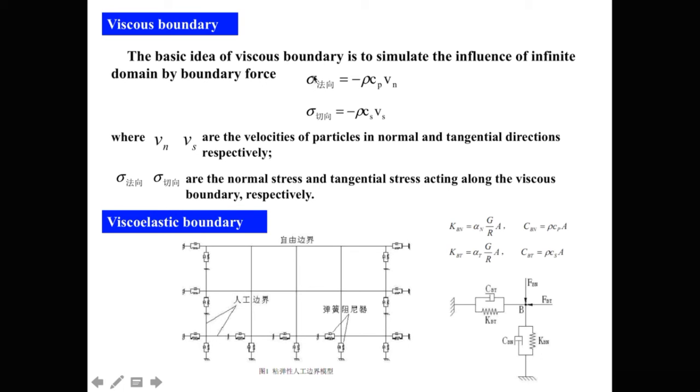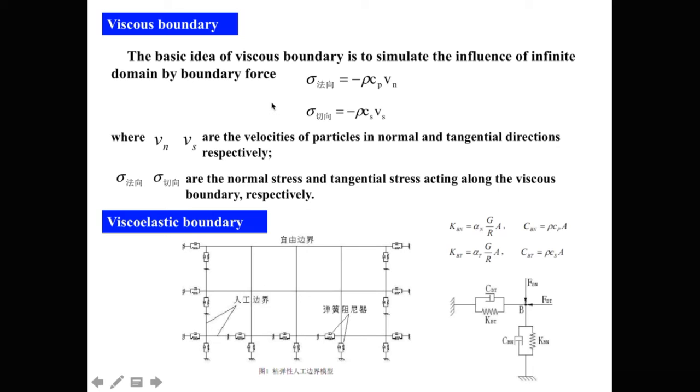That is, the normal force equal to negative rho, the density of the soil, and the Cp, that's the viscous coefficient of P wave, times the P wave velocity,